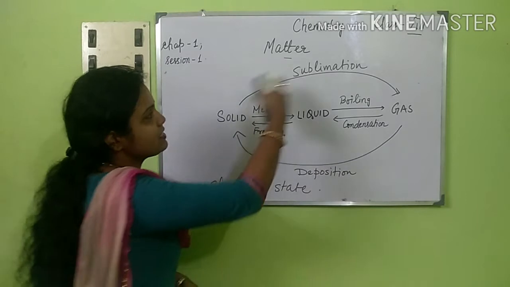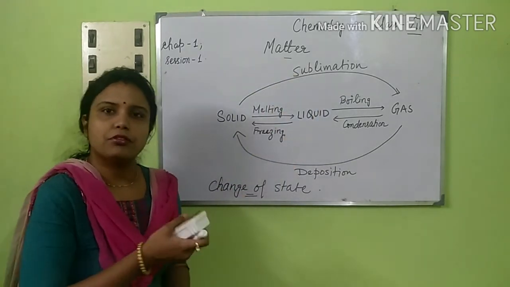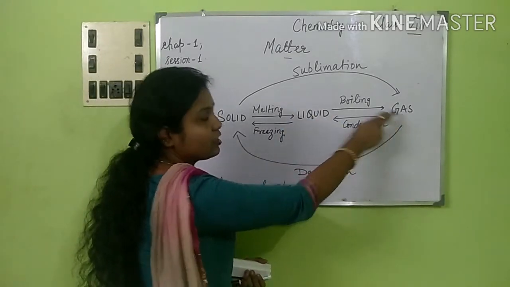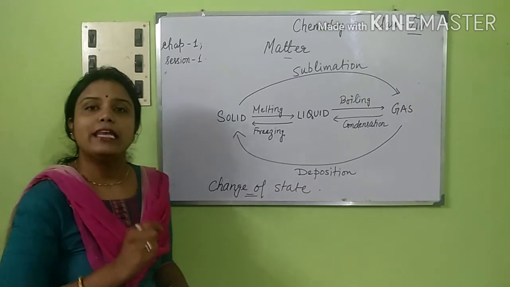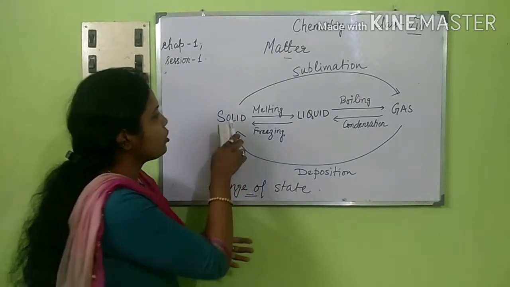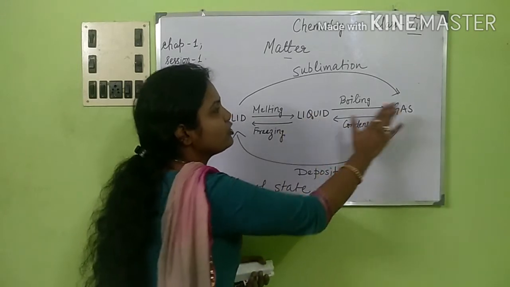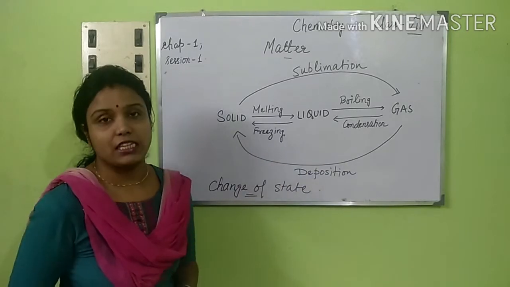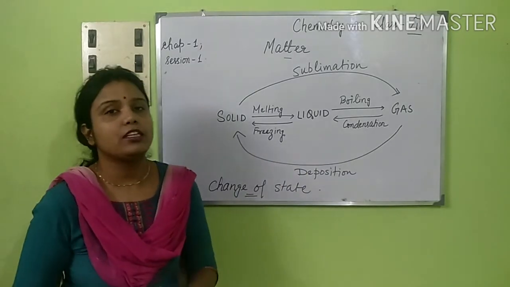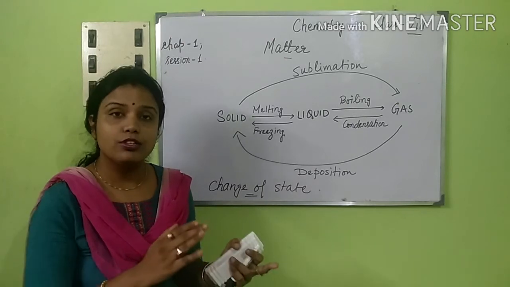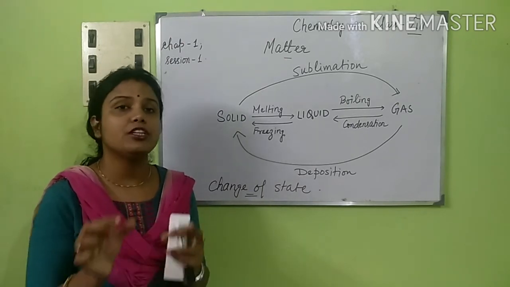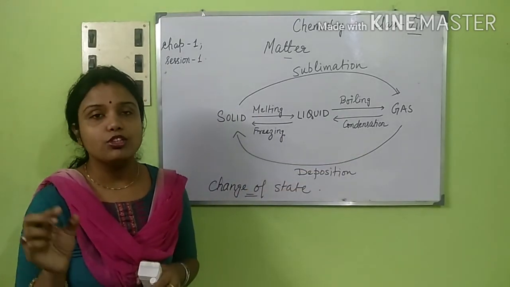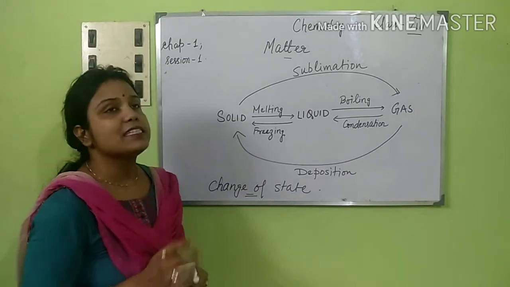Okay, what is sublimation? Sublimation, please listen to this very carefully. Sublimation is when solid changes to gaseous state without changing to liquid state in between. We know that solid first changes to liquid, then liquid changes to gaseous form. But here there will not be any intermediate state. From solid, it will directly change to gaseous form. This point is very vital; you have to mention it in your definition. When solid changes to gaseous form directly without changing to liquid state, it is called sublimation.